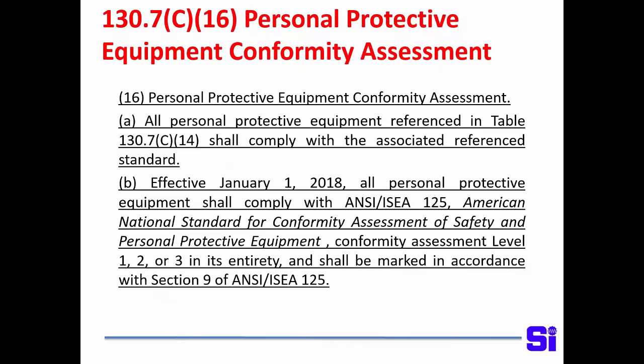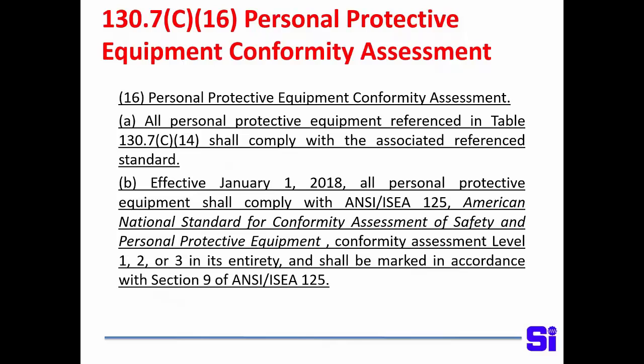So if you've got safety glasses, they've got to meet the standard. Effective January 1, 2018, all personal protective equipment shall comply with ANSI/ISEA 125, American National Standard for Conformity Assessment of Safety and Personal Protective Equipment,